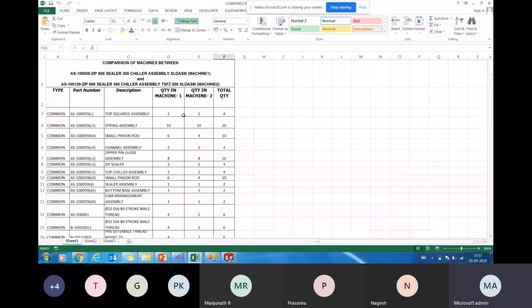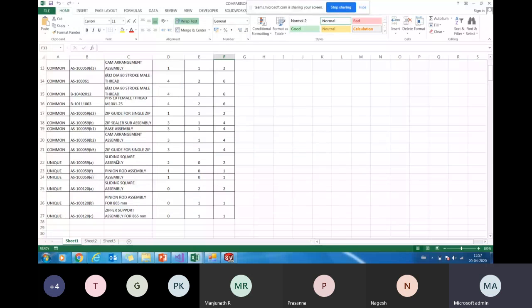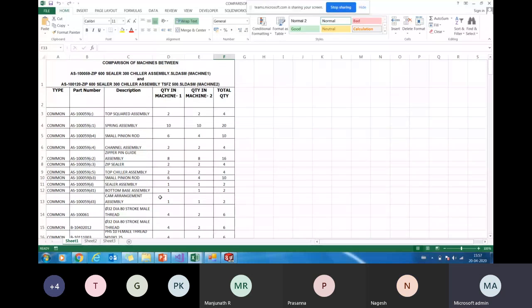Okay. And then, what we are doing is first putting up the list of the first complete machine. And then we compare machine 2 with that, then machine 3, machine 4, machine 5. If there is any common item, that adds the quantity, and if there's a unique item, it just goes under the unique items, so it will go below.